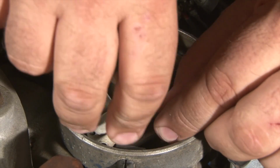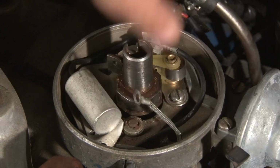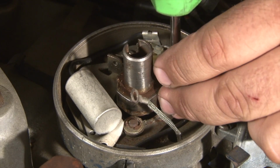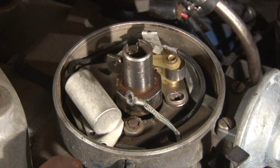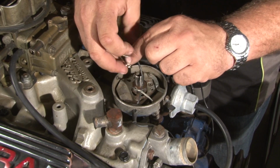You want to hang on to the screws because you will need them for later. After removing the screw for the condenser, now we can remove the screws that hold the points in place. Once you've unscrewed your condenser and your points, you can lift them up to move them out of the way,